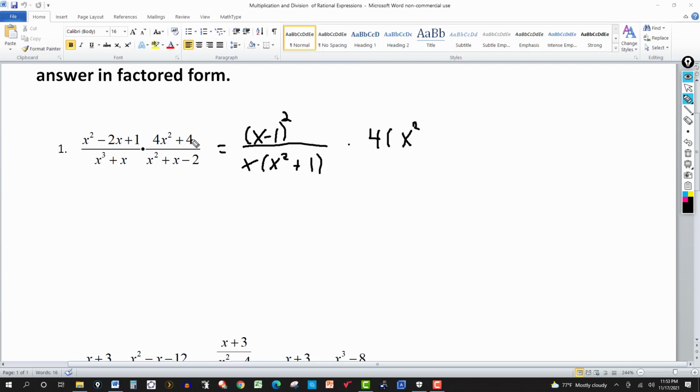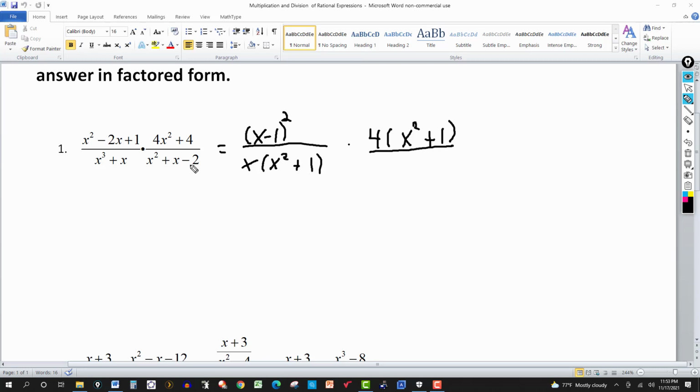Of course, 4 is 4 times 1, so if I take out the 4, I can still say that I have a 1 left over. So this is x squared plus 1. You can see that's going to check. 4 times x squared is 4x squared. 4 times 1 is 4. In the denominator,